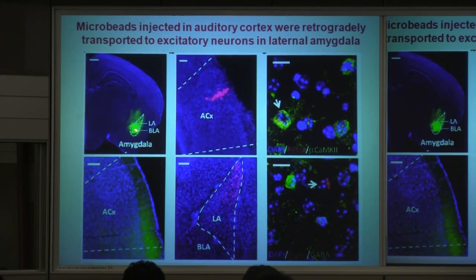So now we do some injections. We show that there's a projection from the amygdala. Amygdala is a region where the fear memory is generated. So that actually sends a projection into the auditory cortex. So if you inject and express fluorescent proteins in the amygdala cells, they send fibers that go to the cortex, into the auditory cortex. So there's a projection from the center for this fear memory to the cortex.